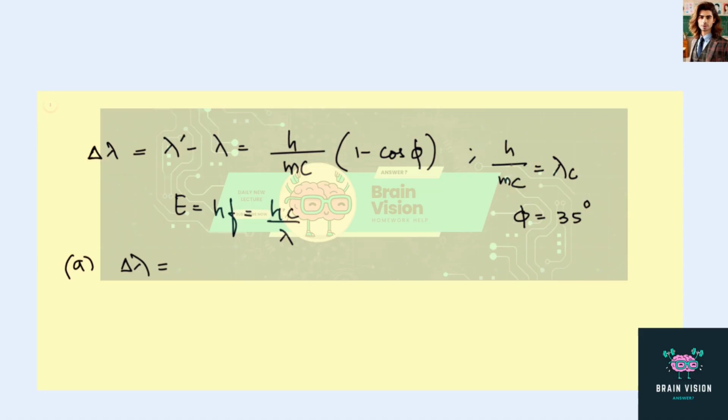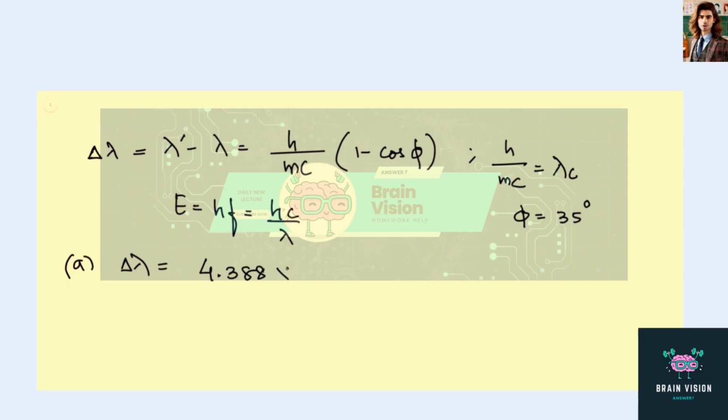Or you can choose to substitute h, m, and c separately and solve this equation, and make sure h is in units of joules seconds. M is the mass, so that has to be in kgs, and c is in meter per second. So that way you get delta lambda to be equal to